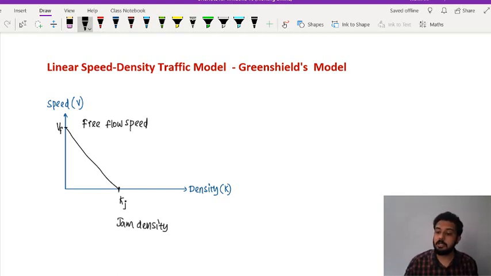It also depends on the road conditions, right? Suppose so many turnings are there, then you cannot go at 100. You have to reduce your speed. Maybe the road condition is not good. So many gutters are there. Then also you cannot go at higher speed. So this free flow speed definitely depends on the road conditions. Maybe some speed breakers, bumps may be there. Maybe some gutters may be there. So road conditions as well as road geometry.